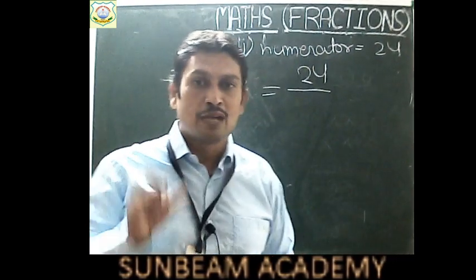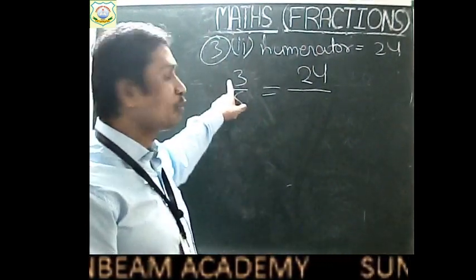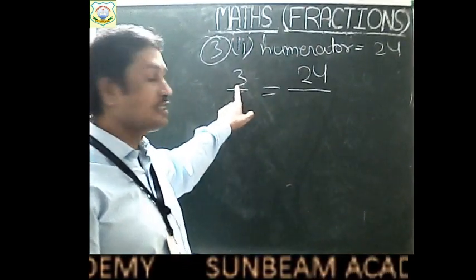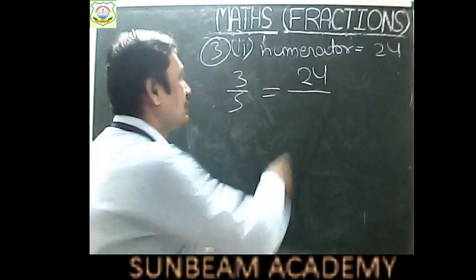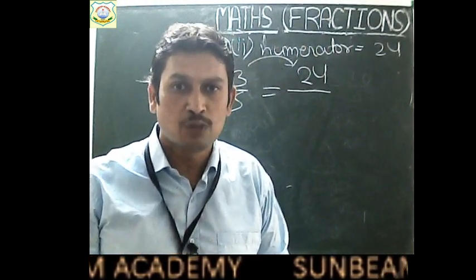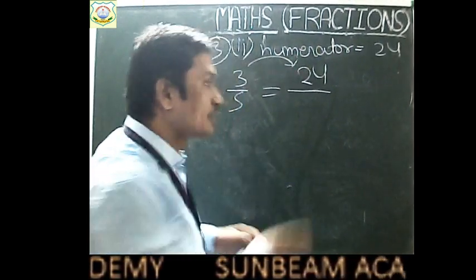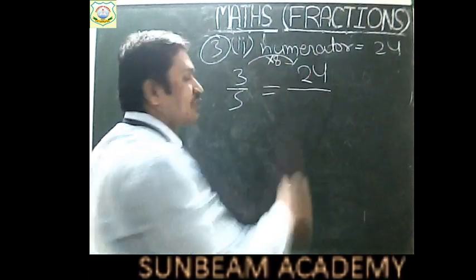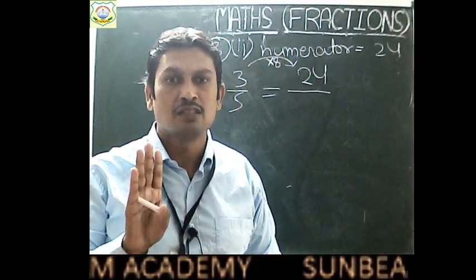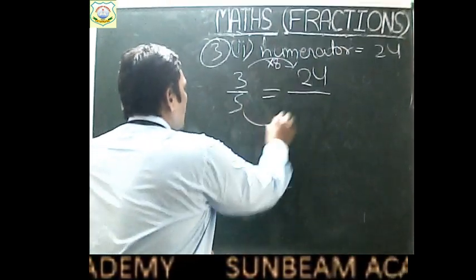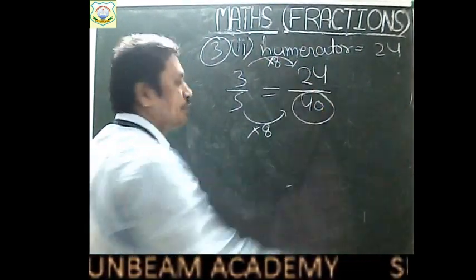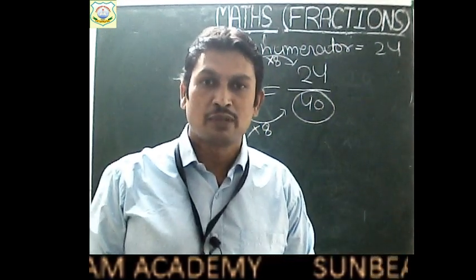If you have to solve directly, then see how many times the numerator has increased. What is the change in the numerator? Here it was 3, now 3 has converted into 24. So how many times do we have to multiply 3? 3 eights are 24. So we will multiply 3 with 8. So in the numerator we have multiplied by 8, so in the denominator also we will multiply by 8 only. Then only we will find the equivalent fraction. So 5 eights are, what number must come here, children? 40. So its equivalent fraction will be 24 by 40.